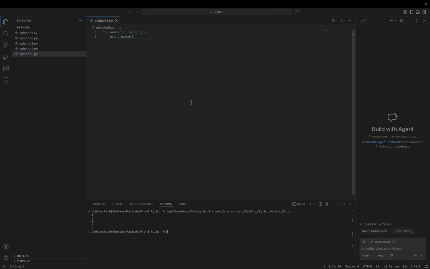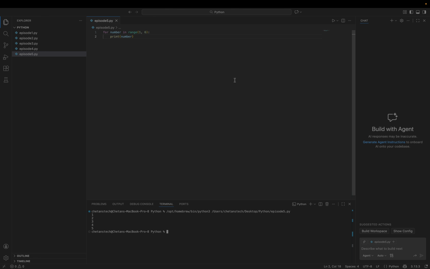Here's the simple rule. Use while when you don't know how long to repeat. It depends on a condition. Use for when you know the number of repetitions. You're looping over a sequence. They both are powerful, and we need to make sure that we choose the right one according to our scenario.